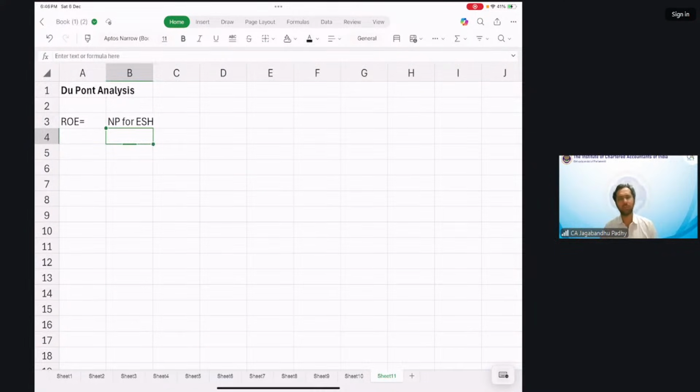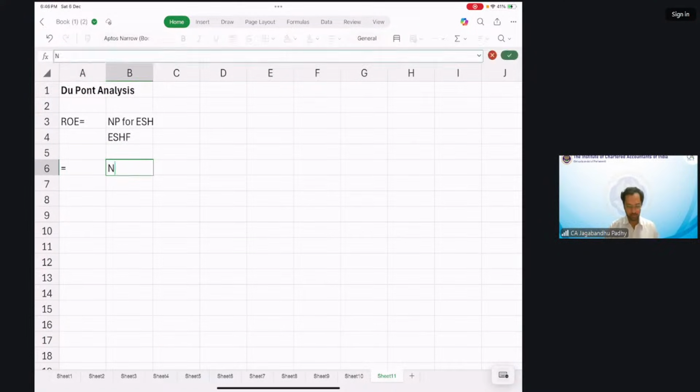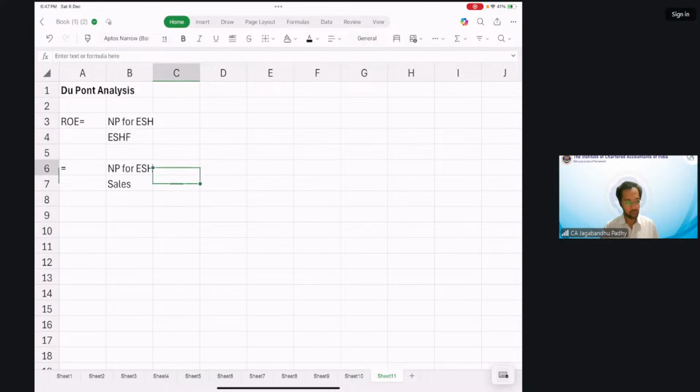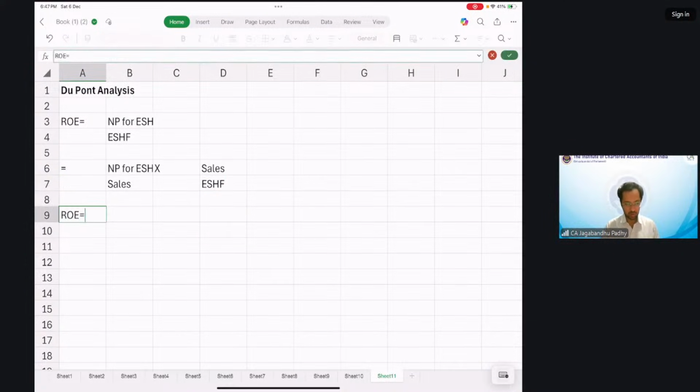Can I say it's net profit for equity shareholders upon equity shareholders fund? I can actually break it into two parts. One is net profit for equity shareholders upon sales, and multiply it by sales upon equity shareholders funds. So I just broke return on equity into